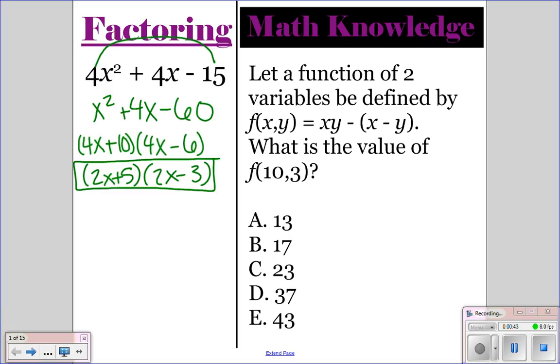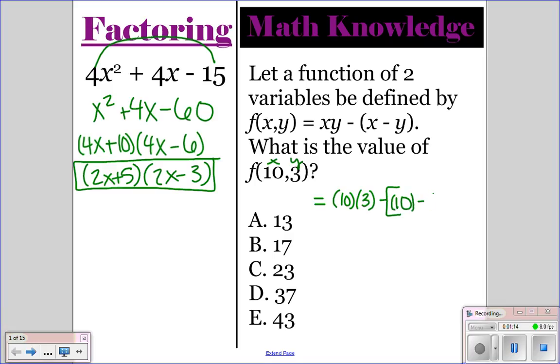For the math knowledge question, we have a function where f of xy is xy minus x minus y. And so they ask us for the value of f of 10, 3. Well, that means that our x is 10 and our y is 3. So we're going to plug it in up here, and we're going to get 10 times 3 minus our x is 10,